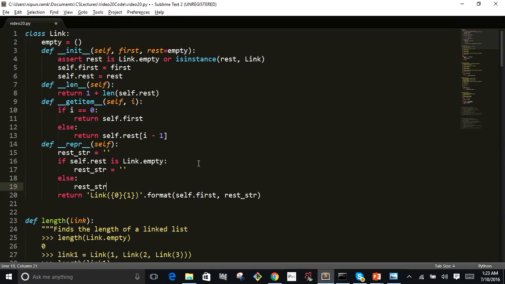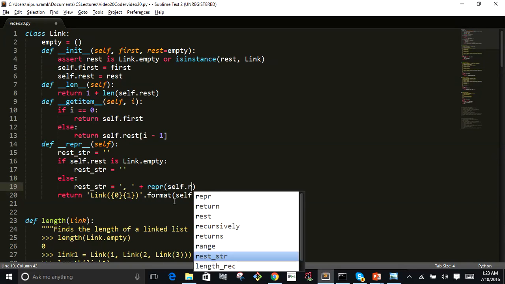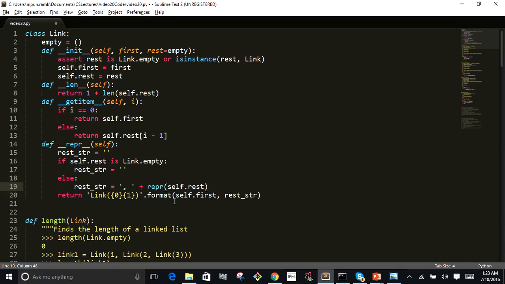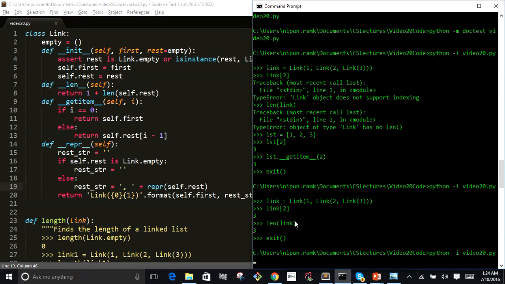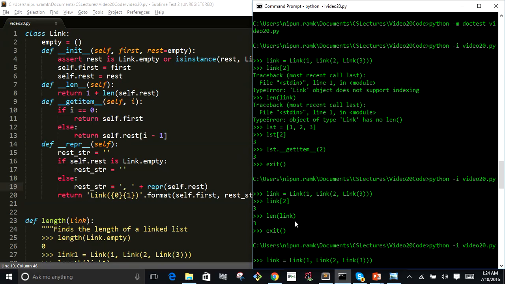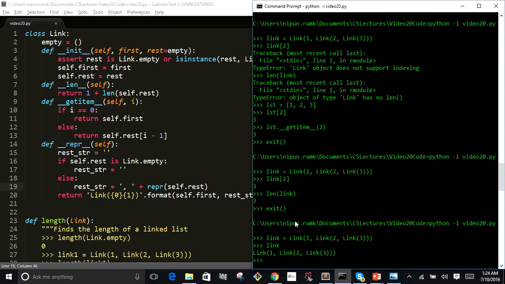What the rest string has to be is also composed of commas. So I first have to have a comma, and then this is the hard part to see, I can just basically represent the rest of the linked list. So this is the key idea here. It's okay if you didn't understand that. That's a little more advanced linked list processing, more of a challenge question, but now let's see how it works. So if I type in link, I get link 1, link 2, and link 3. Okay,